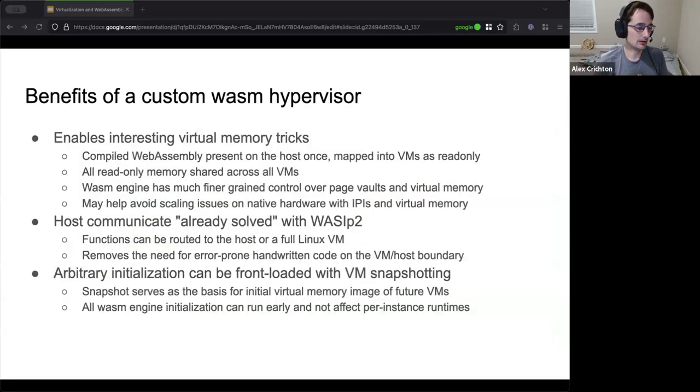I've been saying a little bit about this virtual machine stuff, but this is where you get to do little fun things with the snapshots. Everything is mapped read-only, and then you have copy on write, where whenever you hit it, you copy it elsewhere. It means you can preserve the exact same resident memory across every single virtual machine. So your WebAssembly module is only resident in the host's physical memory once, and it is mapped into thousands of virtual machines at thousands of different places, and it all works out just fine. You only ever pay the memory cost for it once.